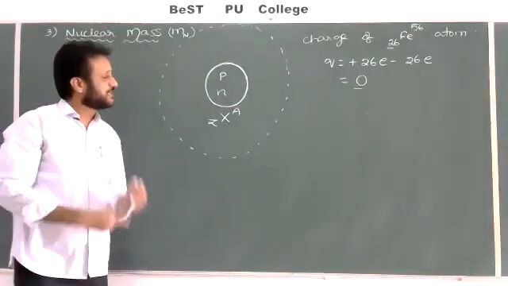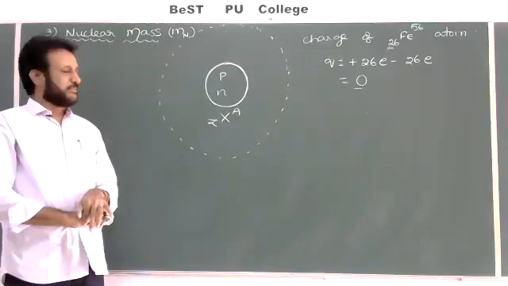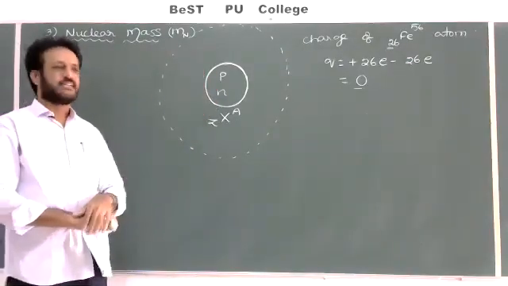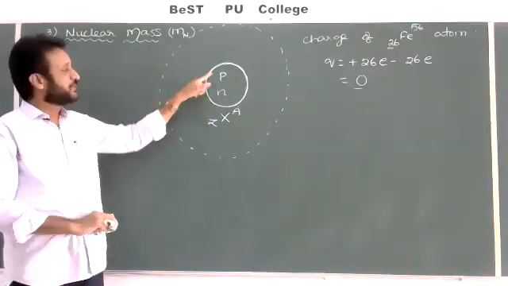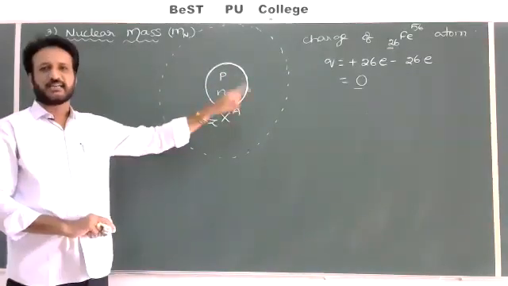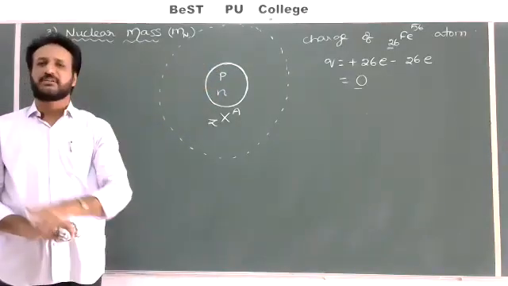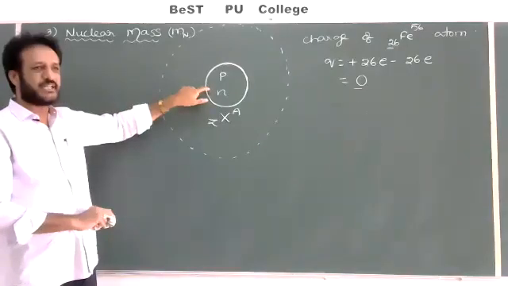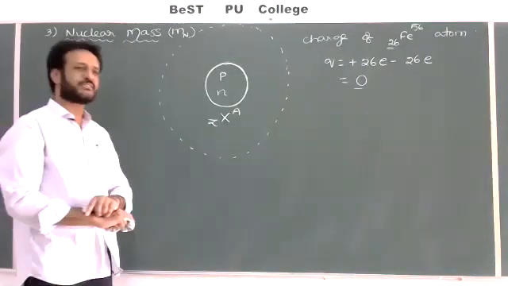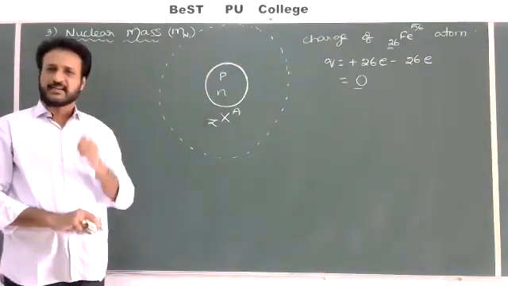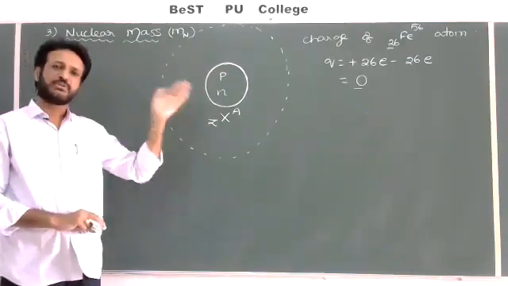But generally for charge we are saying only protons will contribute charge to the nucleus. But for mass, both protons and also neutrons, because inside the nucleus there are two types of particles. One is a proton, the second one is a neutron. Proton has some mass, neutron also has a mass. That's why the sum of the mass of protons and neutrons will be equal to the total mass of the nucleus. So while finding the mass of the nucleus, we should not take only protons. We have to consider both, protons as well as neutrons, because both have mass. While finding the charge of the nucleus, we only have to consider protons. Neutrons are not necessary, but for mass, you have to consider both.